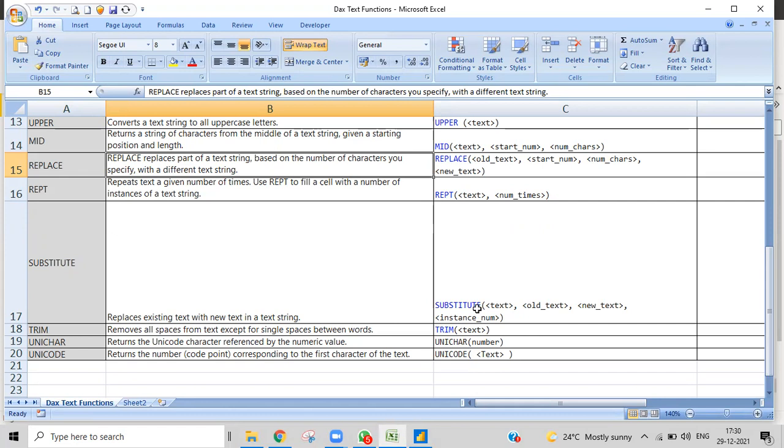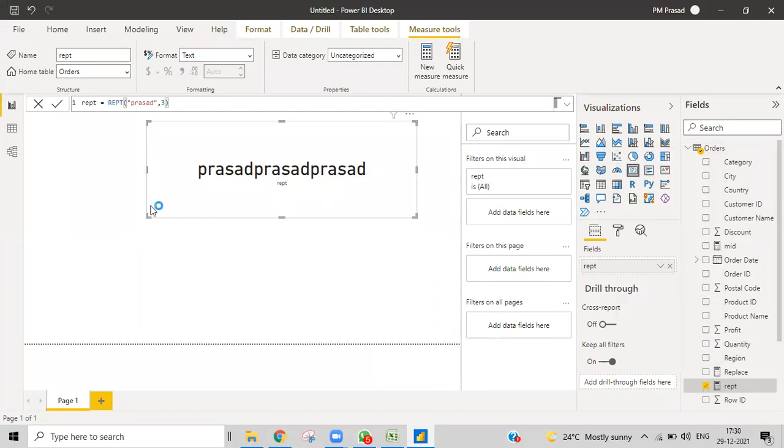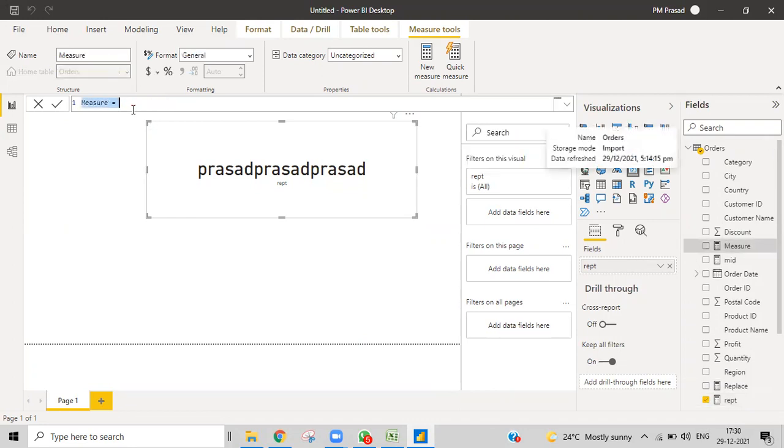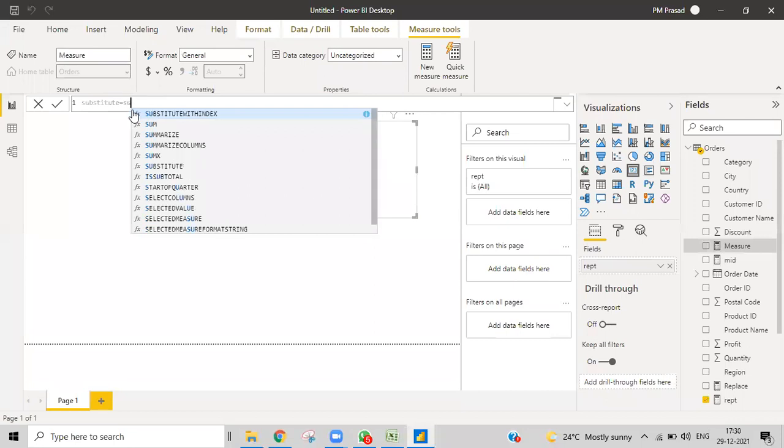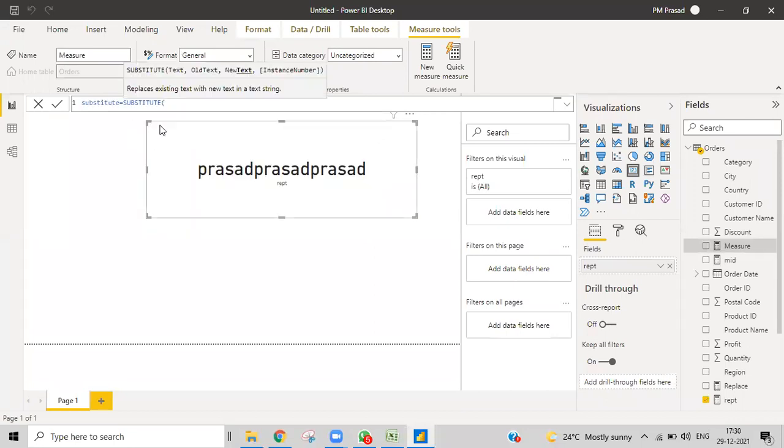Substitute also replaces text. We'll check how it looks and what the functionality difference is between replace and substitute. Substitute, then text, old text, new text.